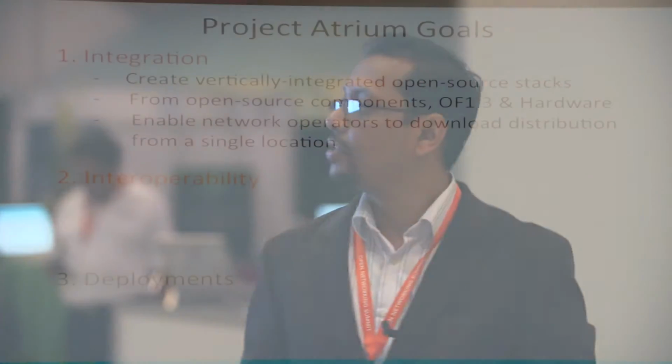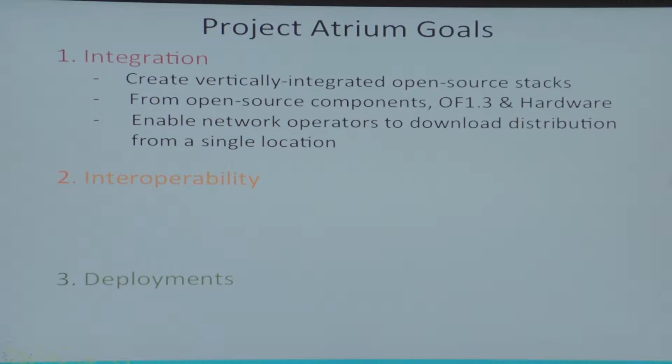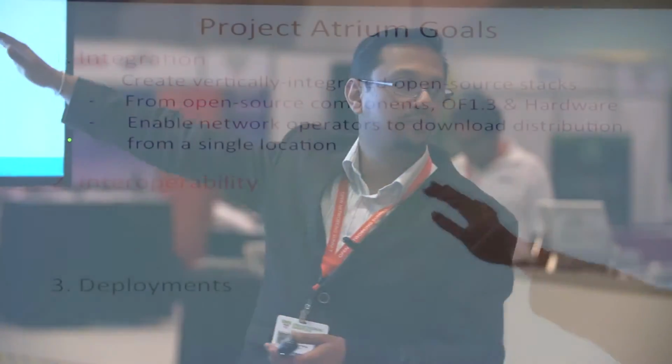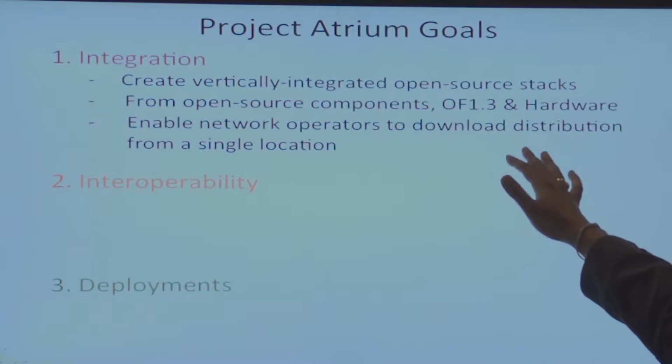The very first goal is that there is actually a lot of open source software out there today, but no one's actually taking those open source pieces and putting them together into a vertically integrated stack. Project Atrium's intention is to do exactly that. So we will take a bunch of open source components and use OpenFlow 1.3 and make it work on hardware so that network operators, the end users, can go to one place and download a complete distribution to bring up